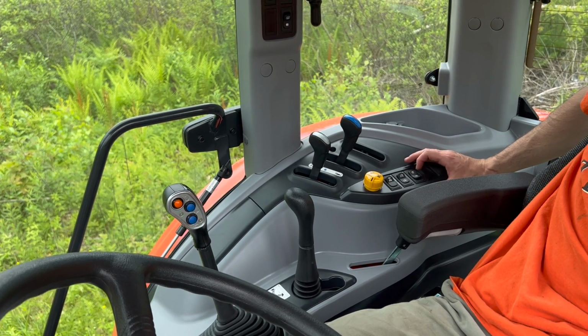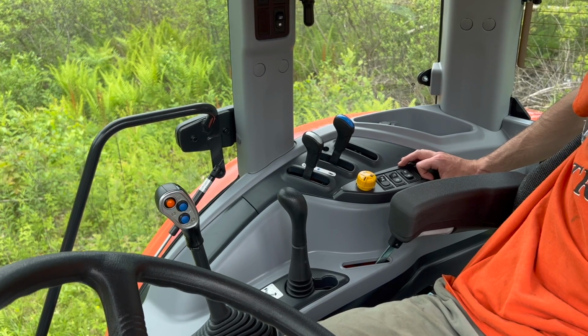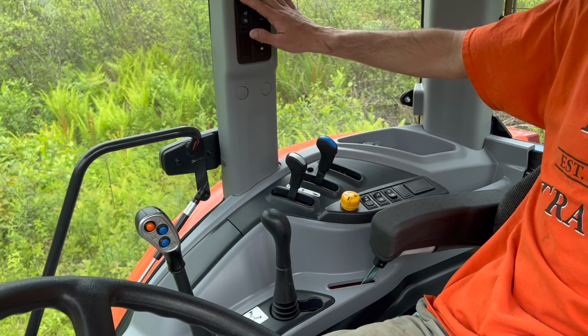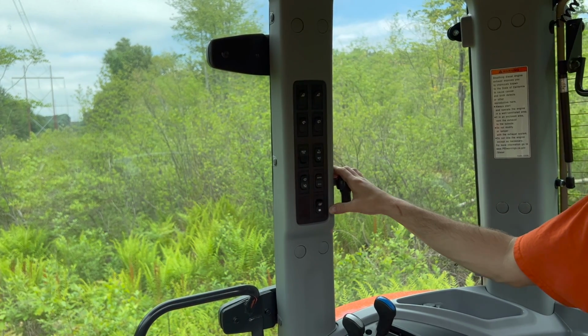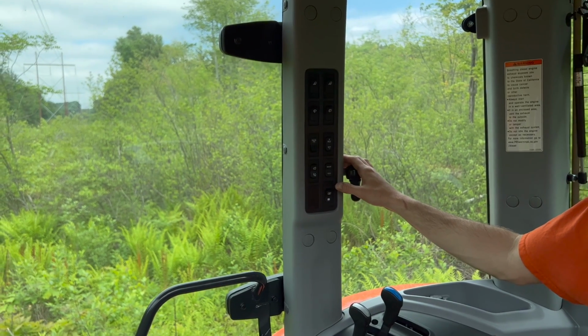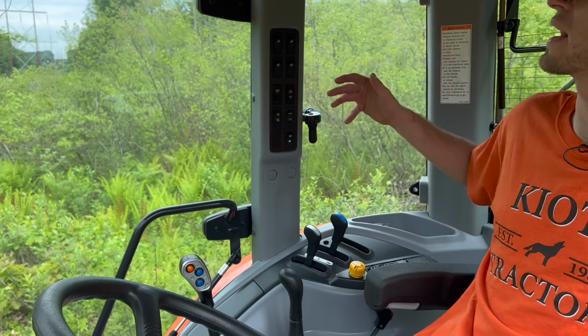There is incline and decline on the clutch and the hydraulic pressures on the forward and reverse in the transmission. There is cruise PTO control. There are the window wipers, the top of the cab lights, your regen button, your rear defroster, eco mode. There is tons of different features inside this tractor. I don't want to confuse you with them all, but I just want to point out how many there really